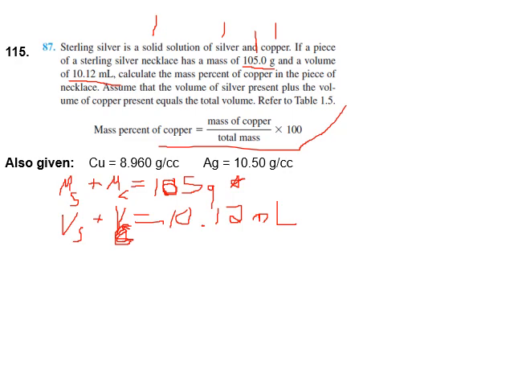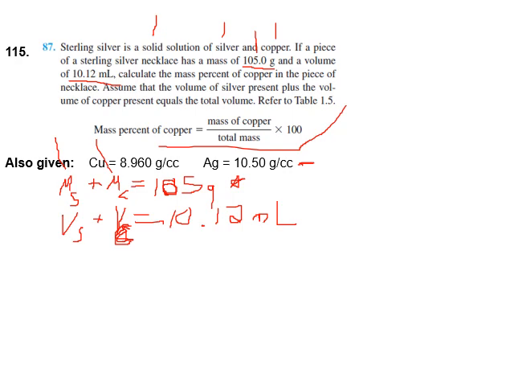What I'm saying is that we need to write this and this in terms of X, where we're going to use X for an unknown. So look at these two things right here. Do you remember what we said about density? First of all, what's the formula for density? Well, the formula for density is mass per volume, right? But we also said something else: we can rearrange that so that we can write mass equals the density